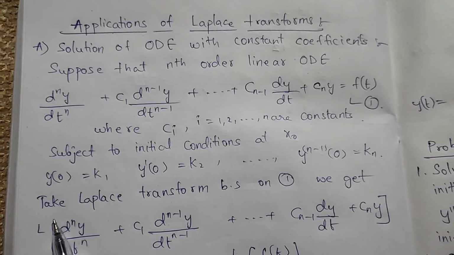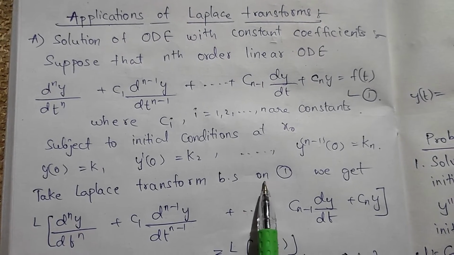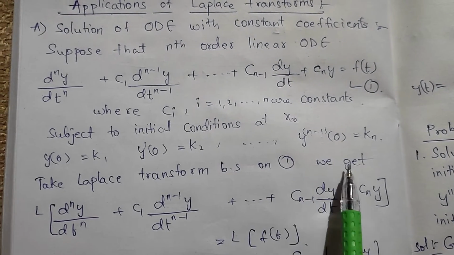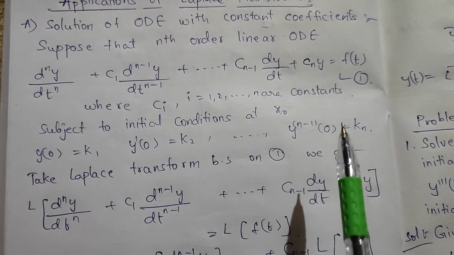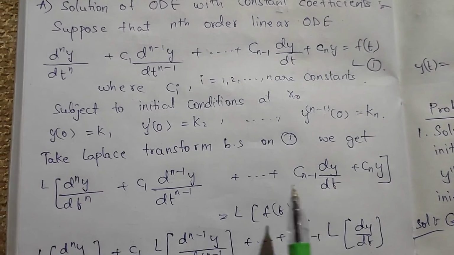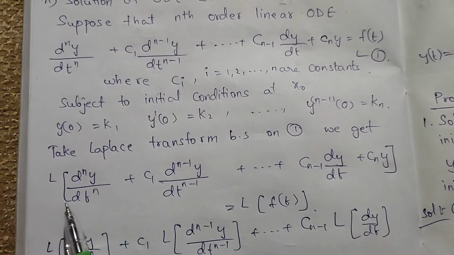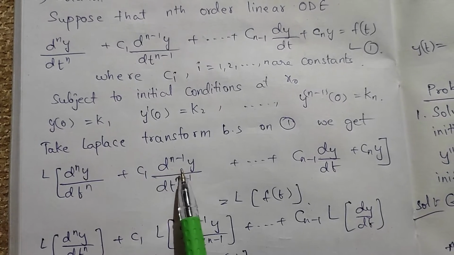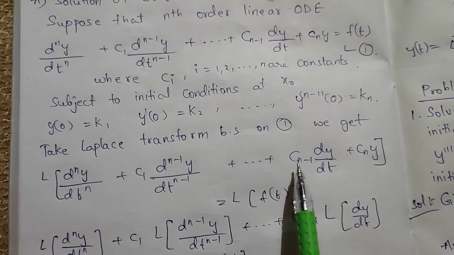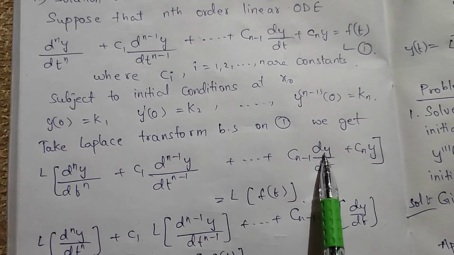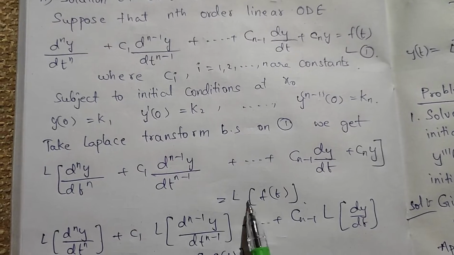Now take Laplace transform on both sides of 1. Now this is our equation 1. If we take Laplace transform on both sides, we will be getting Laplace transform of d power n y divided by dt power n plus c1 into d power (n-1) y divided by dt power (n-1) plus so on till c(n-1) dy divided by dt plus cn y